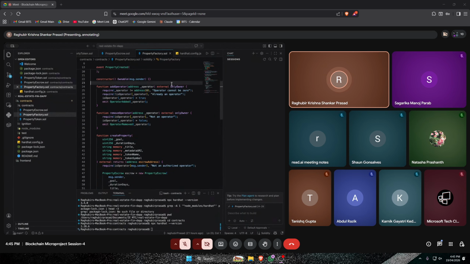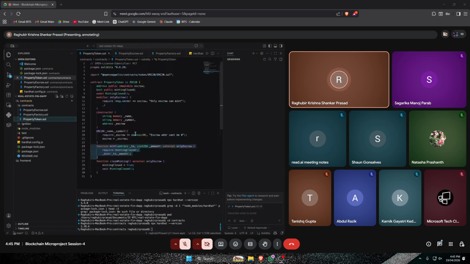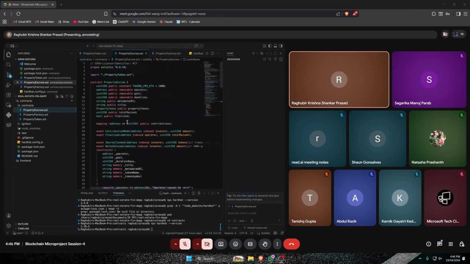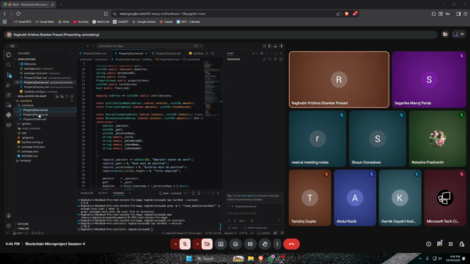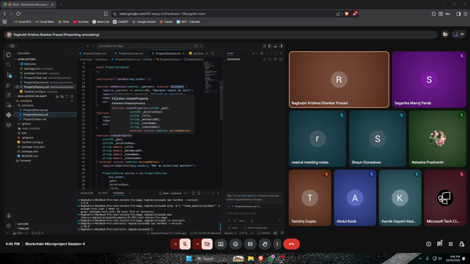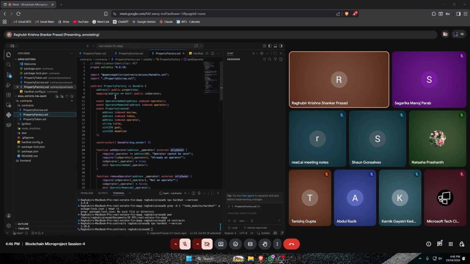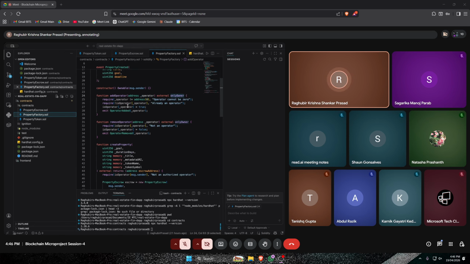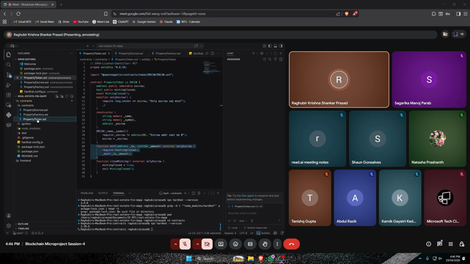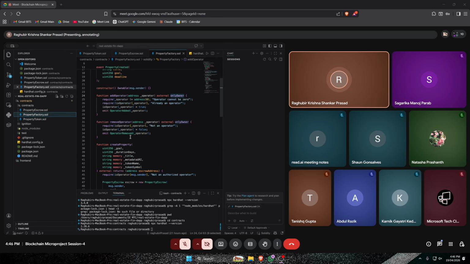Since it is an only owner modifier, and here in this contract this only escrow is similar, whatever is the escrow account or the owner account, those will be able to add new operators and